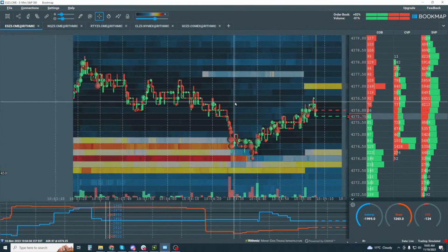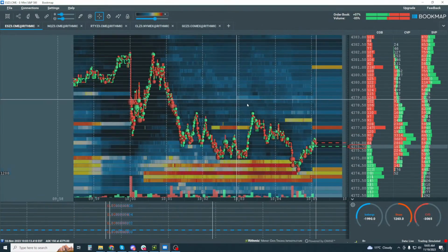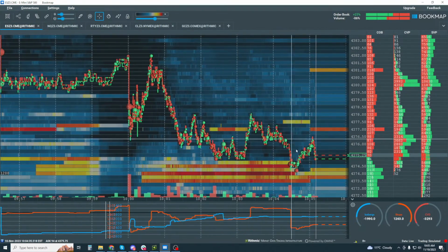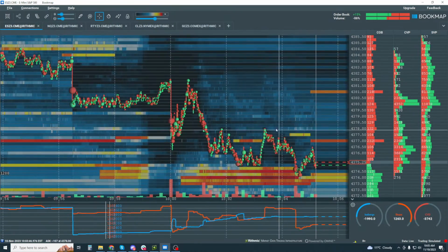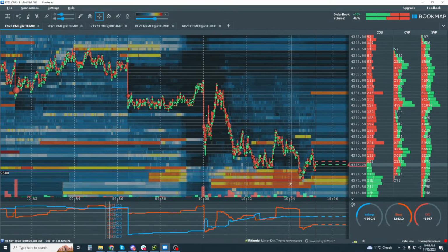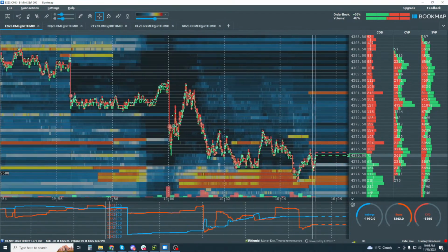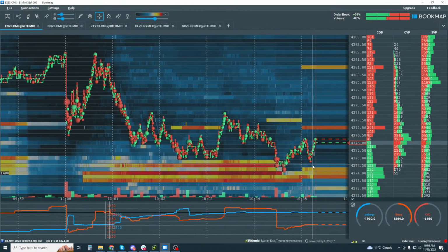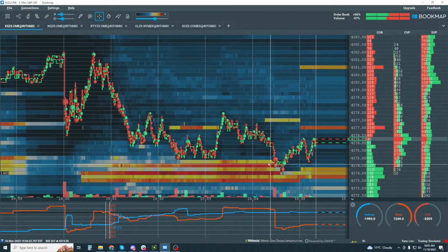All right. So a bit of a bounce out of this, but still looking for continuation here until we see something different. Right? Wall of liquidity or not, it is the context that we need to understand. So if there's